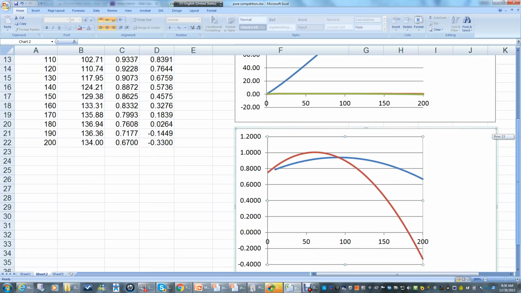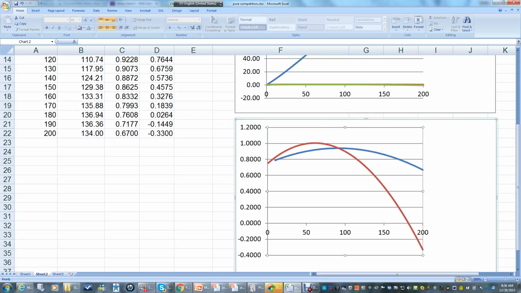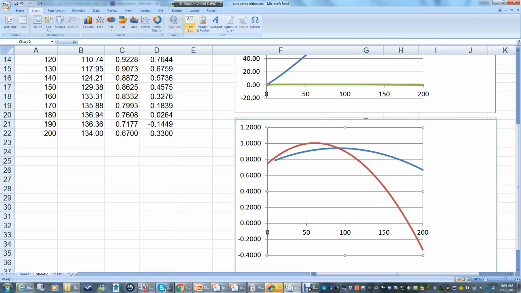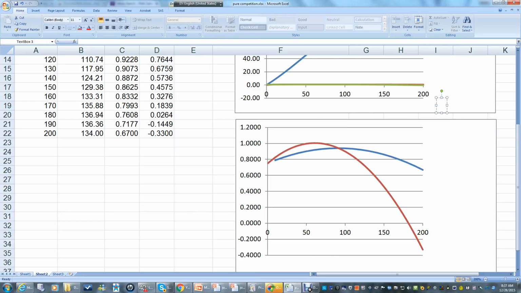I've done it, except to say that some labels would be nice. So let's add some labels here. Let's go back. Since I lost my label here, we can add that again. Assuming I can spell right,